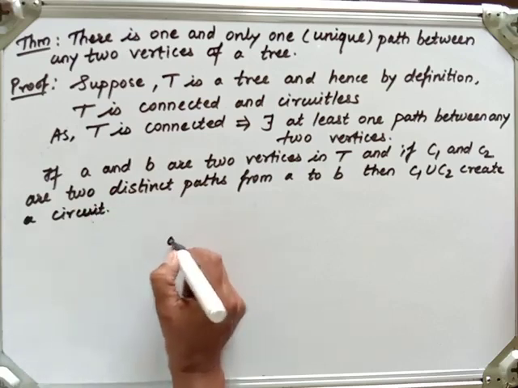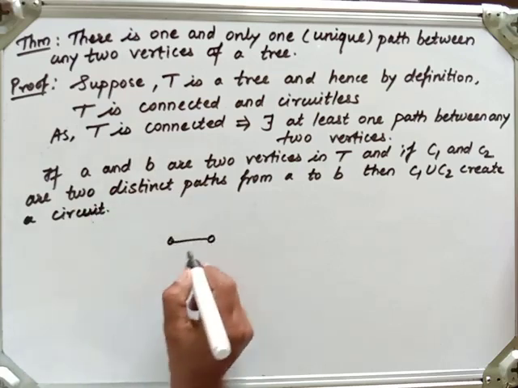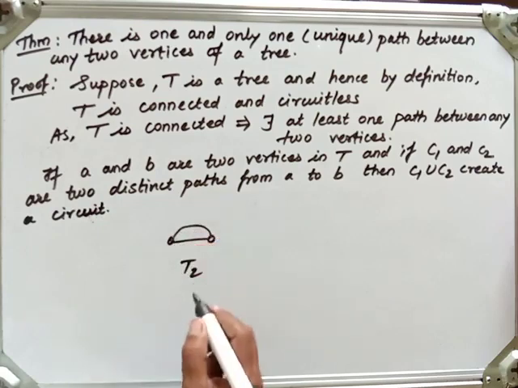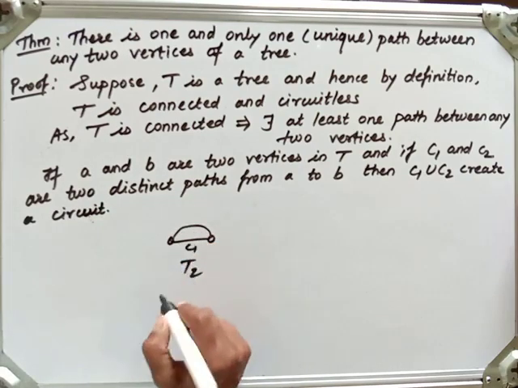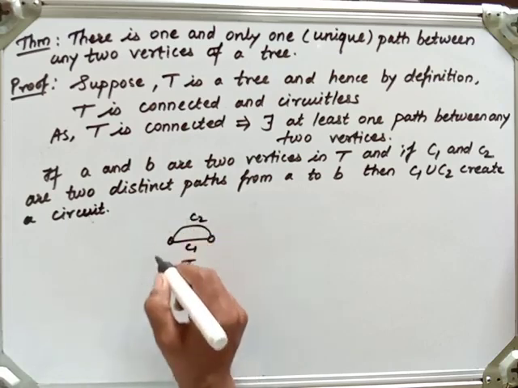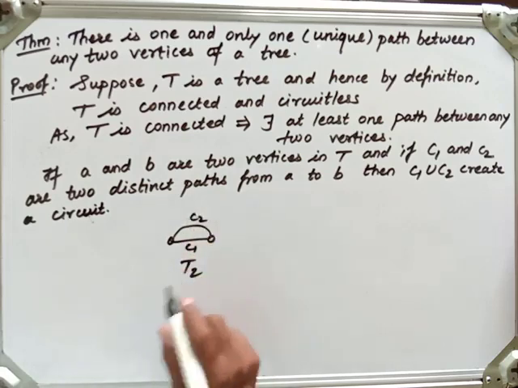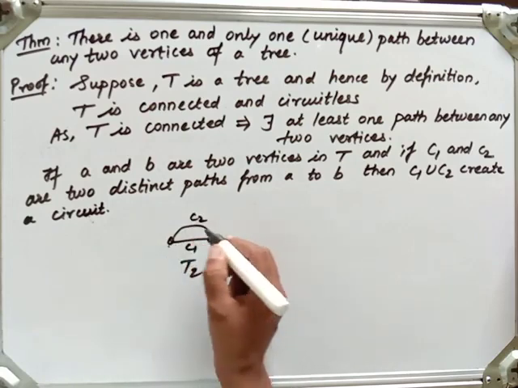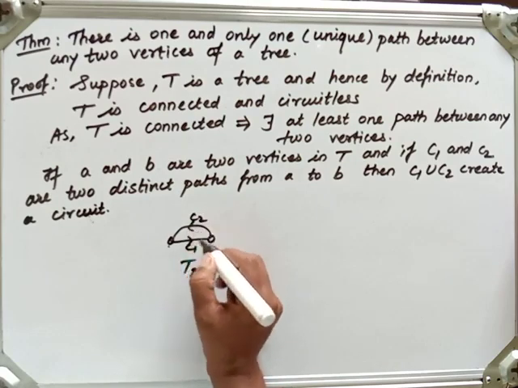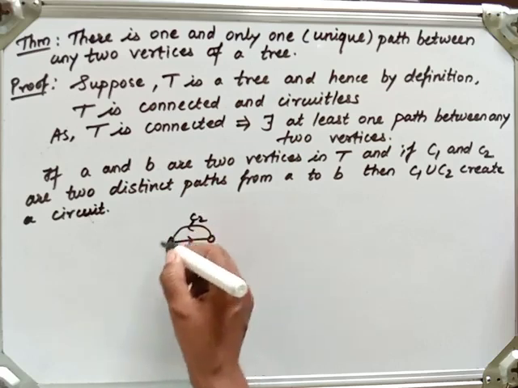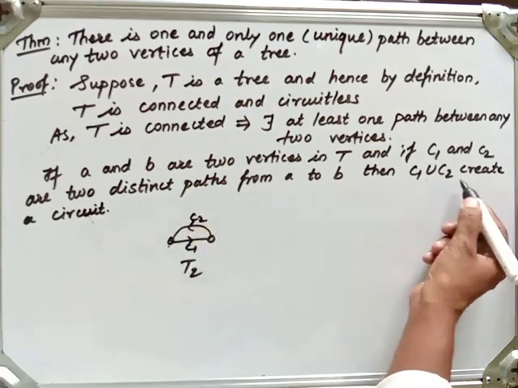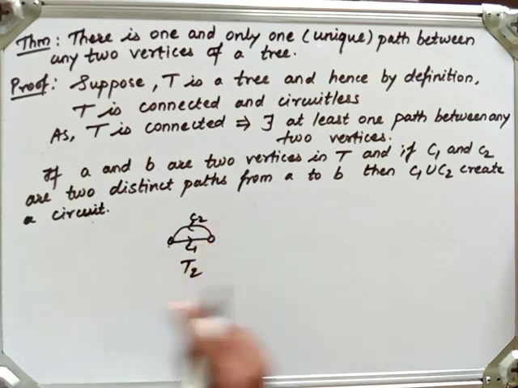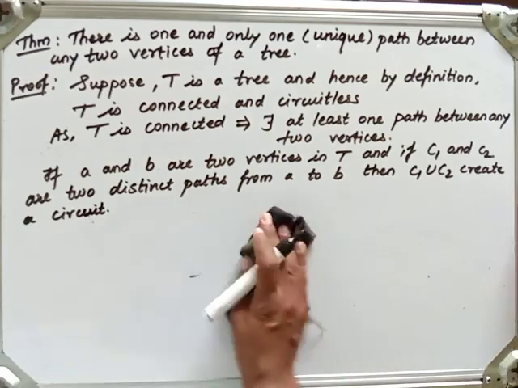As I taught to you, if this is an edge in T, if there is again another edge, so this is one path, let it be C1. This is another path from this vertex to this vertex. It is not a directed graph, so there is a path from it. If it were directed, then also it is possible that there is a path. If these different paths are there, then this C1 union C2 will form what? A circuit. It forms a circuit, right?